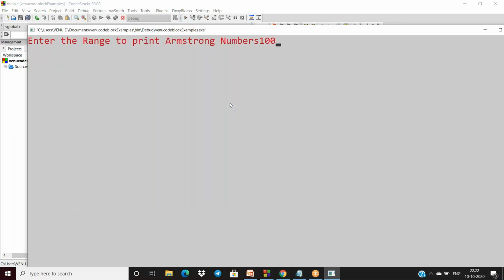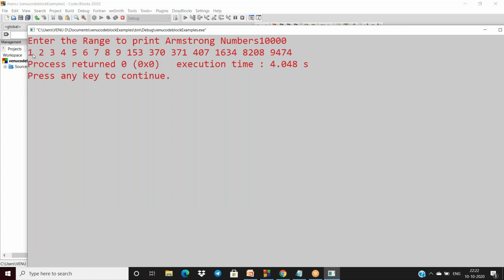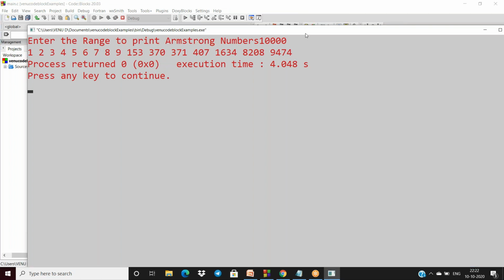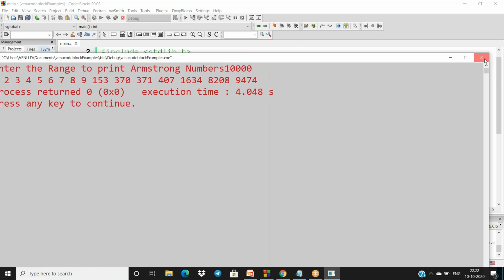Now if I'm giving input as 10,000, then I'm getting this output: all single digit numbers, and after then 3-digit numbers, next 4-digit numbers. So this is the output.